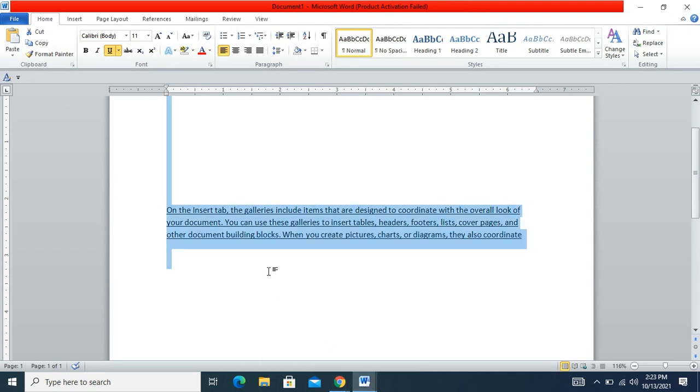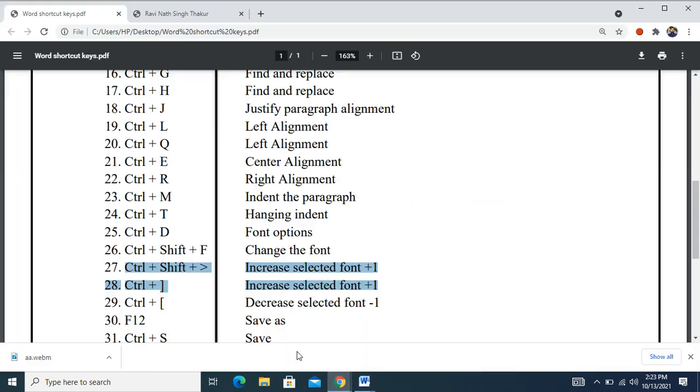Both the increment and decrement work by using the bracket option. And you can also increment the size of the font by using Control plus Shift plus the angular bracket.